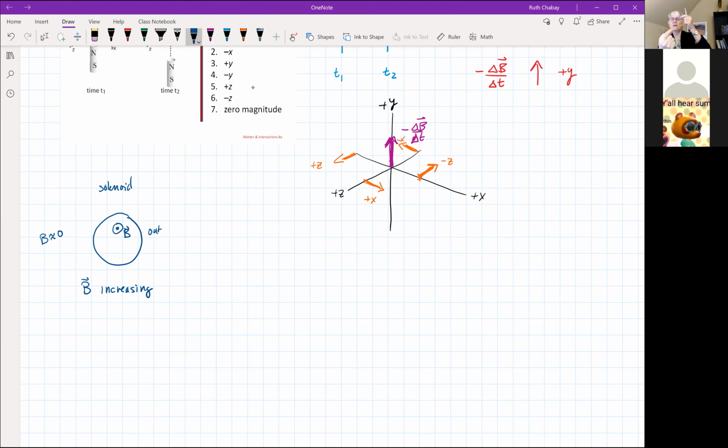That means delta B was out of the page, so minus dB dt, or delta B over delta T, is into the page. And so if we point our thumb of our right hand into the page, our fingers are going to curl around clockwise, and that suggests a pattern of curly electric field